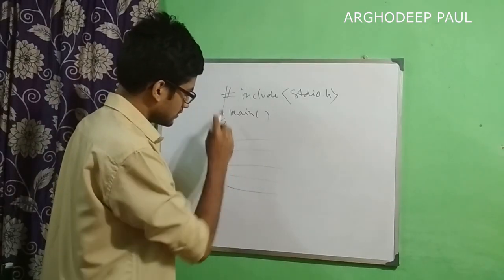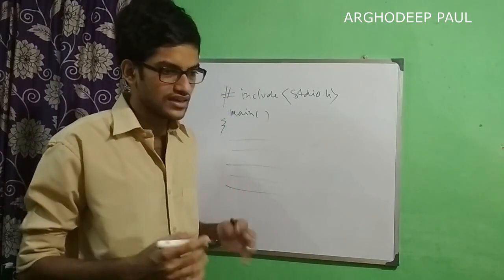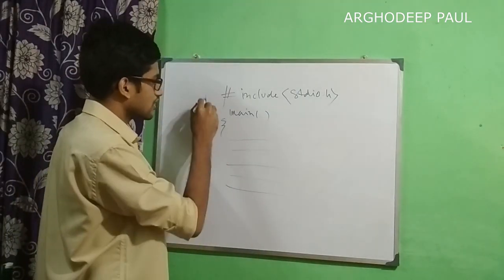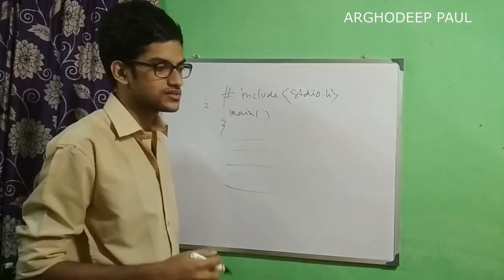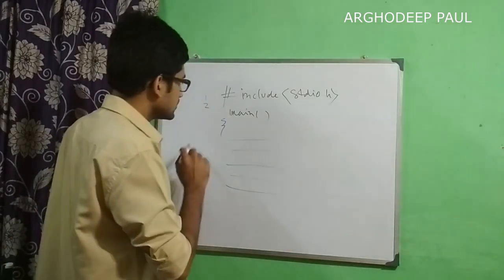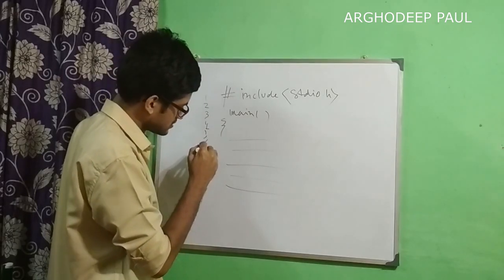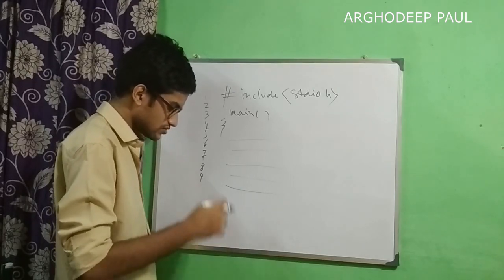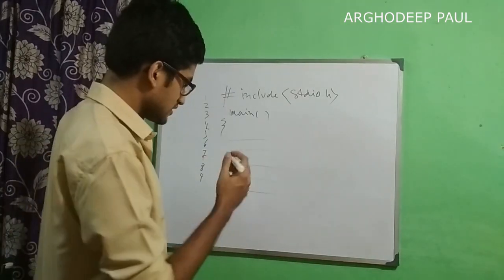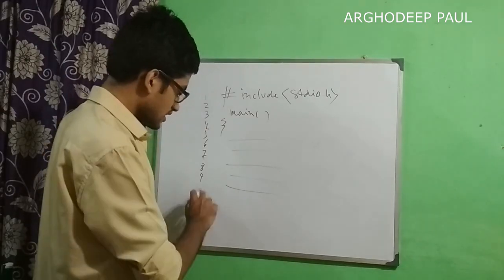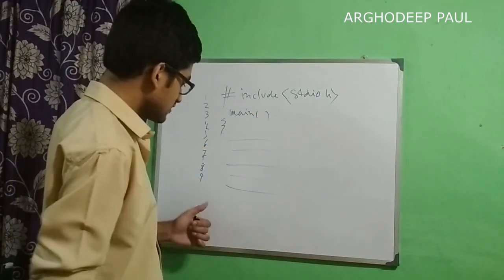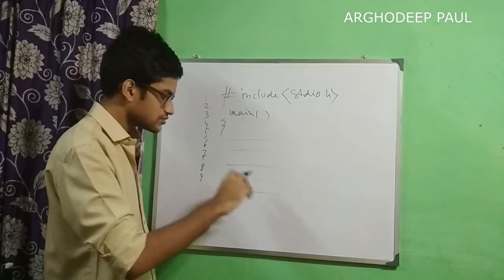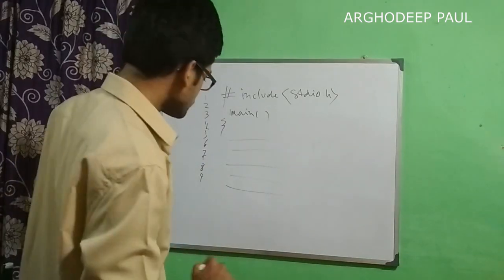Whenever you are writing anything in a text editor or word processor, the lines will be numbered. In most text editor and word processor programs, you will have line numbers like 3, 4, 5, 6, 7, 8, 9. It's never ending. As you move on with programming, this number will increase. As you hit enter, it will increment, because this tells the number of lines we have used in that text file.